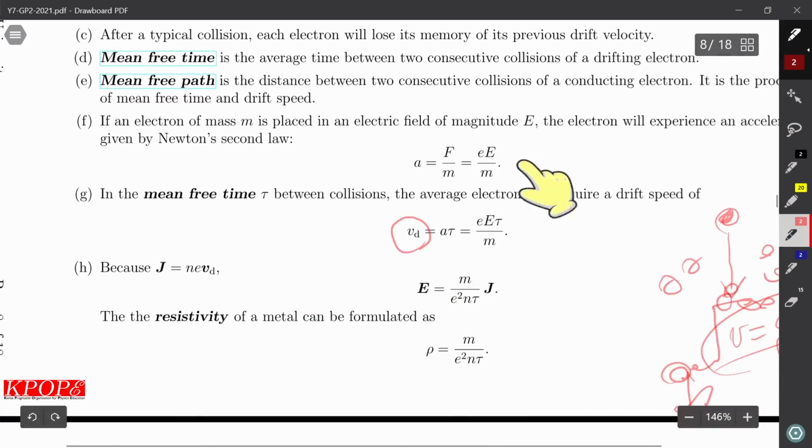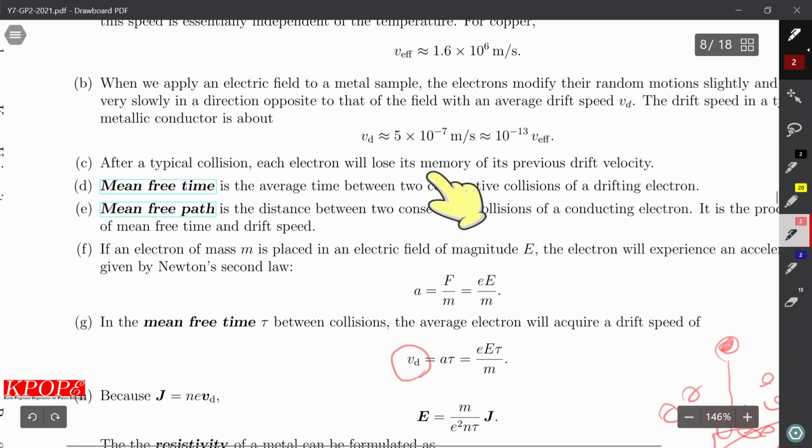From a microscopic point of view, the applied electric field accelerates the conducting electrons, but they cannot accelerate forever. They hit the other particles and stop, and the acceleration is